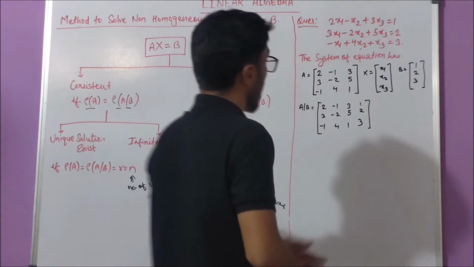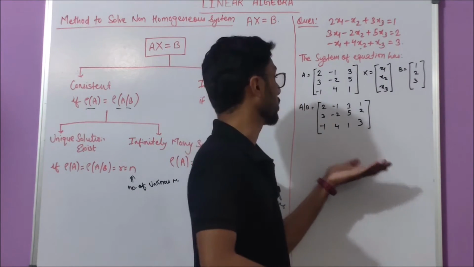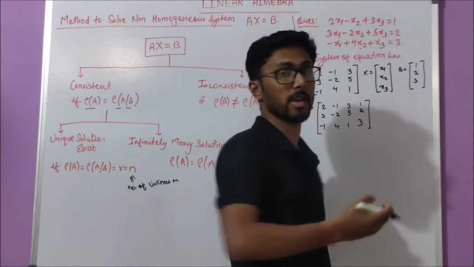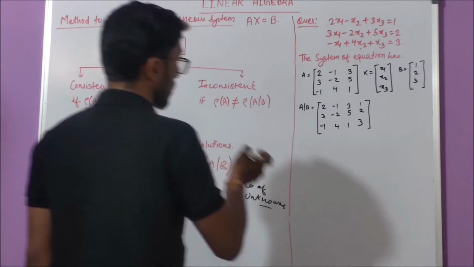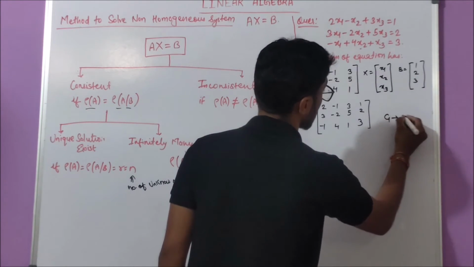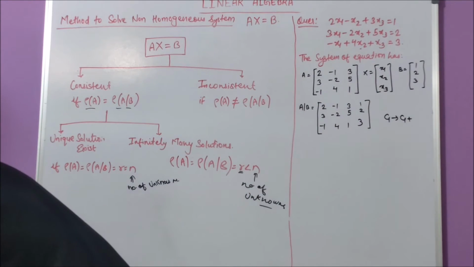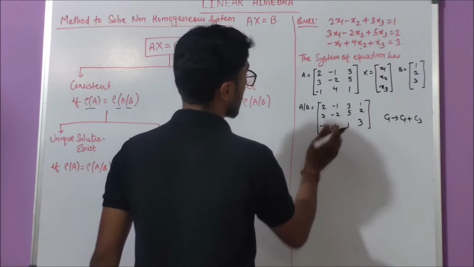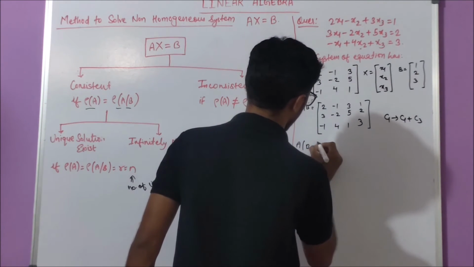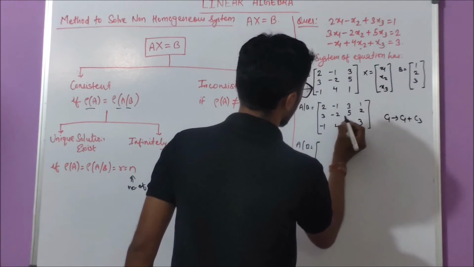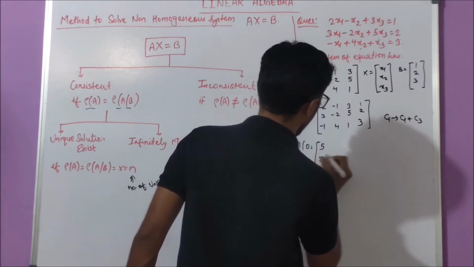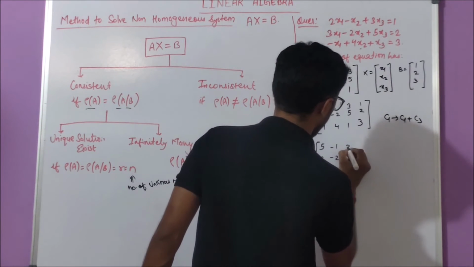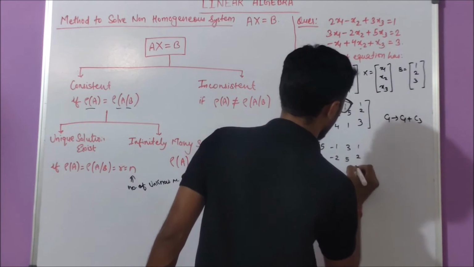Yes. Now we have to apply row operations or column operations to find the rank of this matrix. So I will be doing it by taking reference so that we don't take much time in solving this question. The first operation is on C1, which is C1 plus C3. So now AB becomes: C3 is added to C1, 2 plus 3 is 5, 3 plus 5 is 8, minus 1 plus 1 is 0, minus 1, minus 2, 4, 3, 5, 1, 1, 2, 3.